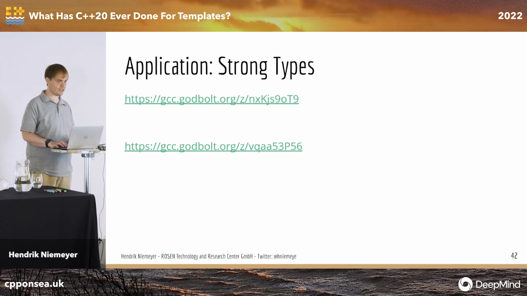Okay, another application, for example, is we can use non-type template parameters to create strong types or unit-like types. Before that, most units libraries or strong type libraries are designed in a way that you use tags. So you create an empty struct, for example, called meter, and put that into a class which is a strong type, which implements a lot of arithmetic operations on that. And then you have a strong type for that, a lot of libraries around for that. And it's a good design, yeah. Tag classes are cool, but you can now construct compile time strings, which you can pass as a non-type template parameter,